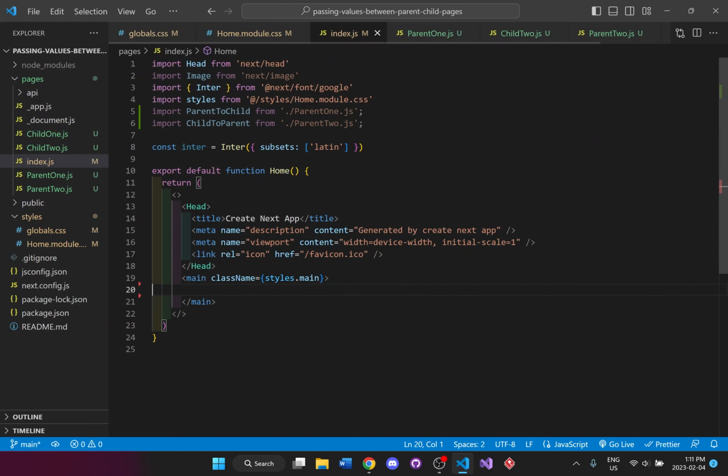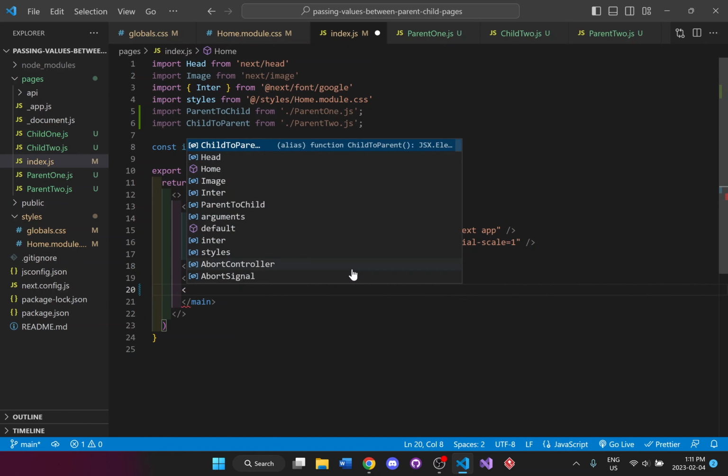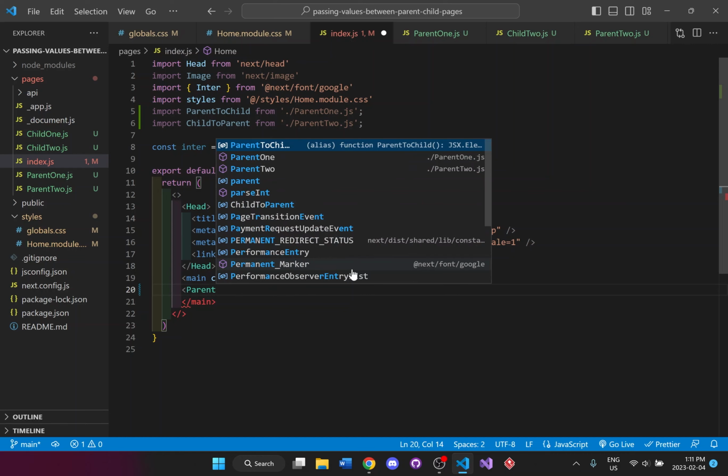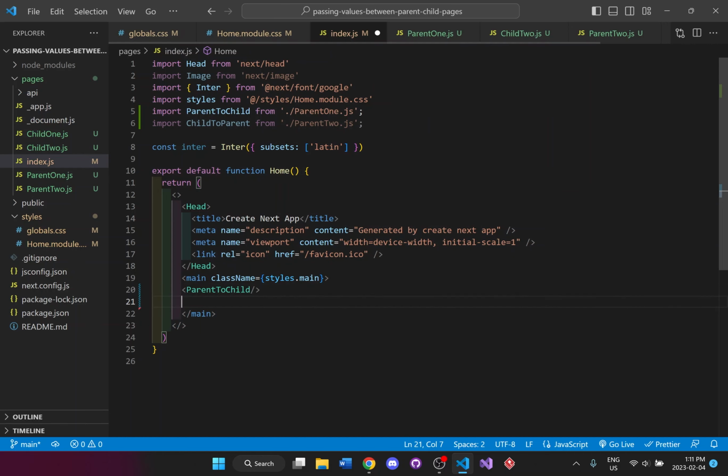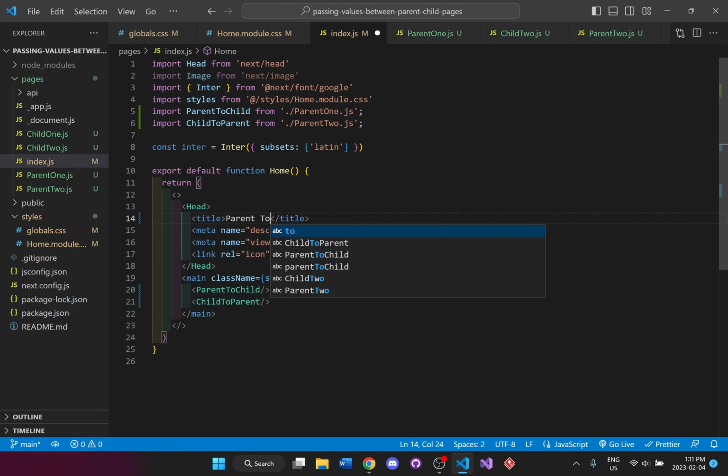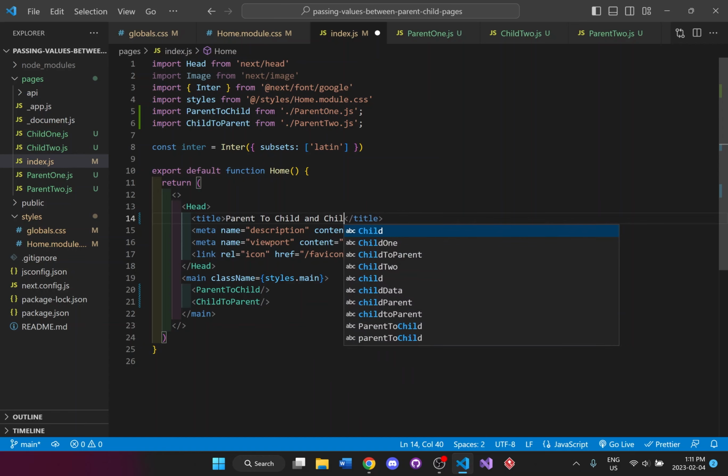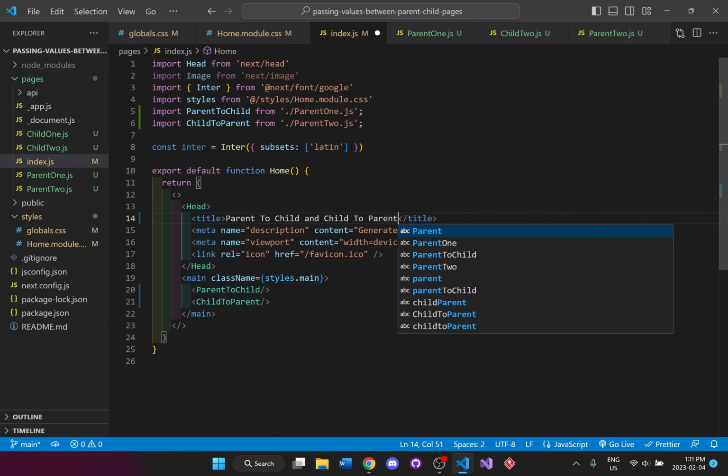And now here in the main, I'm just going to import both of them. And we're going to save it here. And I'm just going to change this title here. There we go.